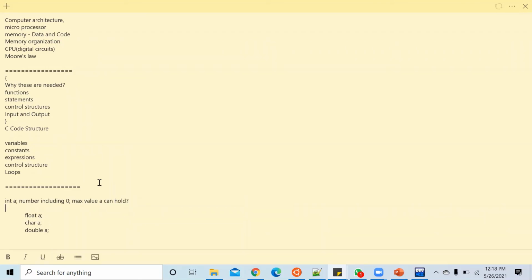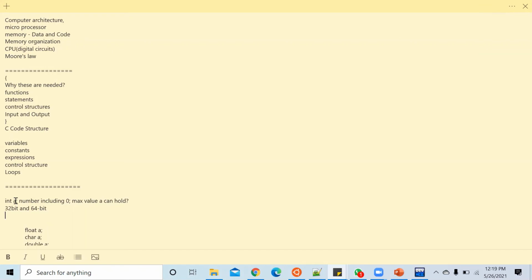See, this is an integer A. When you store a number, it will be stored in binary form, right? You have seen the memory organization, right? There are 32-bit and 64-bit machines.